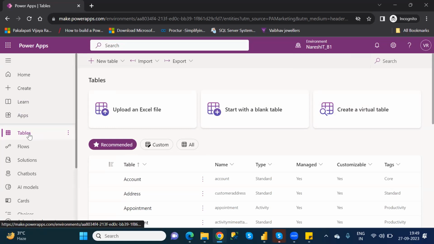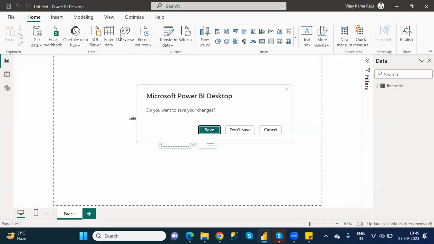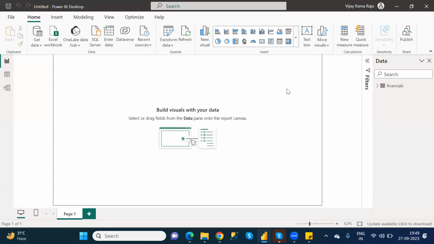Even when you open a Power BI application, see here, it is showing Dataverse. Dataverse means whatever tables are available in Power Apps; if you want to pull them, you have to use the Dataverse option.